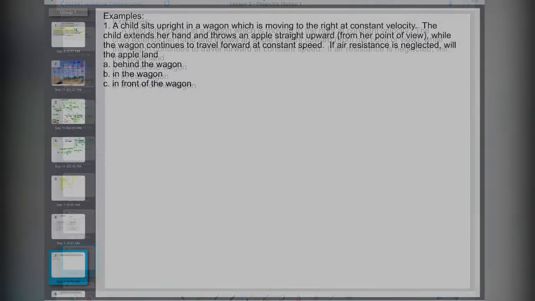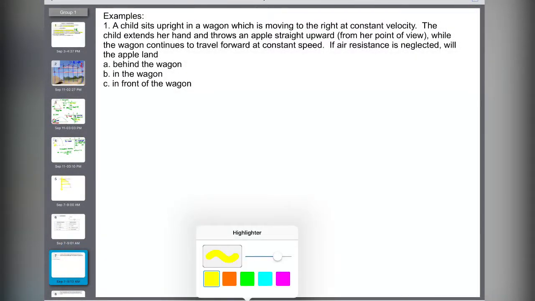Question 1. A child sits straight up in the wagon that is moving to the right at a constant velocity. The child extends her hand and throws the apple straight upwards from her point of view. When the wagon continues to travel forward at a constant speed, if air resistance is neglected, where will the apple